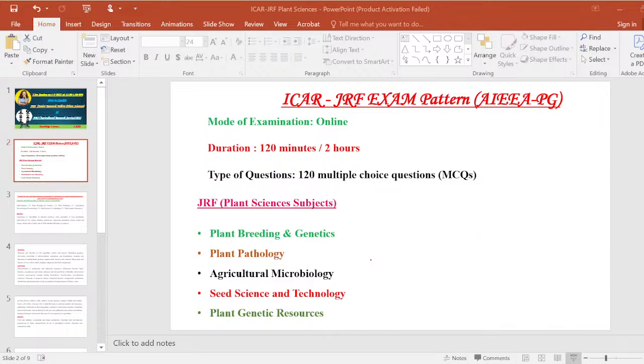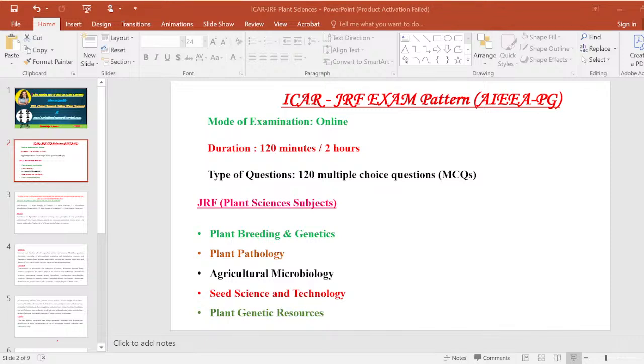Then bacteria, mycoplasma and viruses, and the physical and chemical basis of heredity, this portion will be covered under genetics. And chromosome structure, how the chromosome structure will be, and genes and the operon concept. And here protein biosynthesis will be covered from the biochemistry portion. And transformation and recombination, these processes will come under bacteria and also in the genetics portion. Then heterosis,